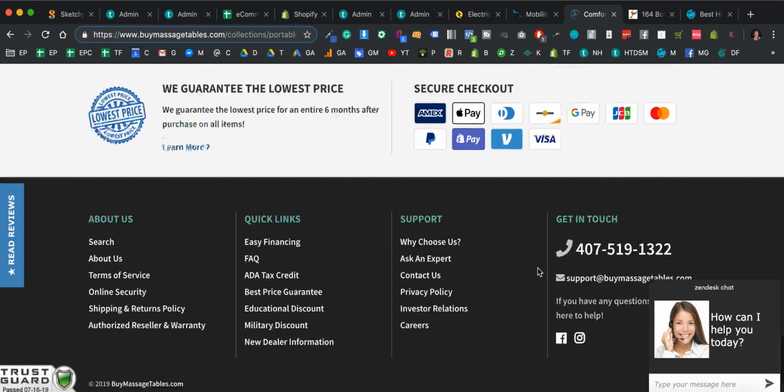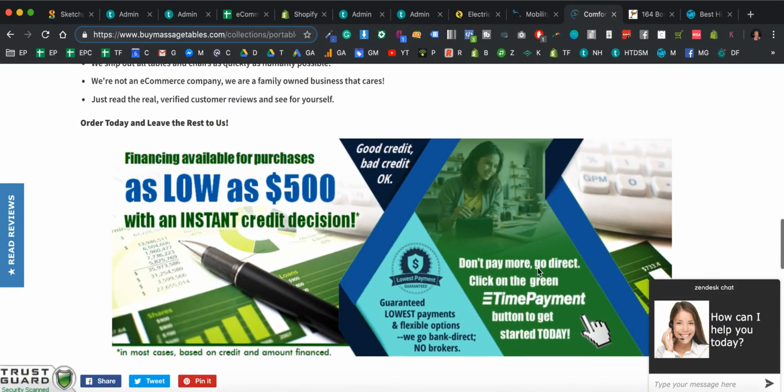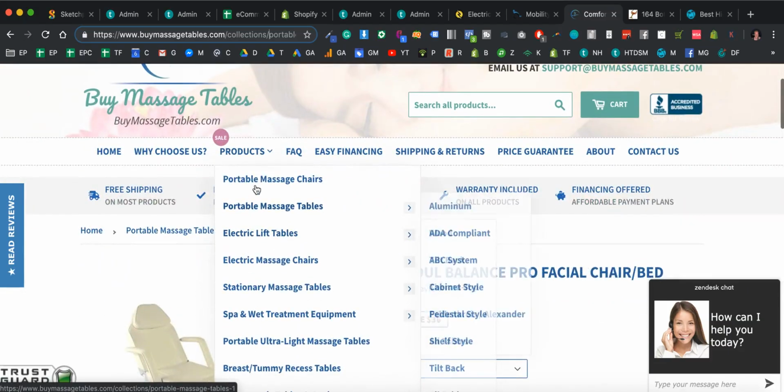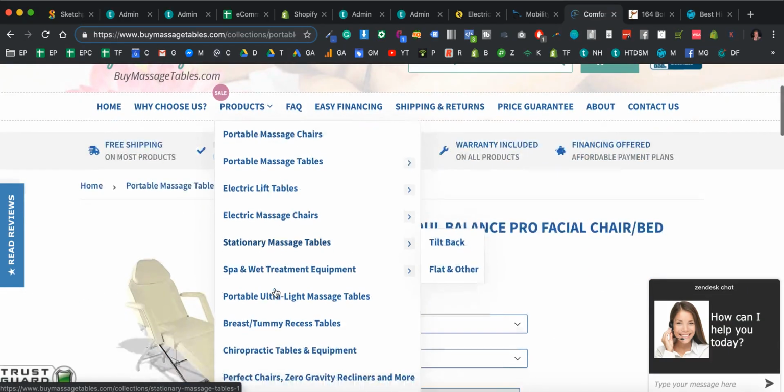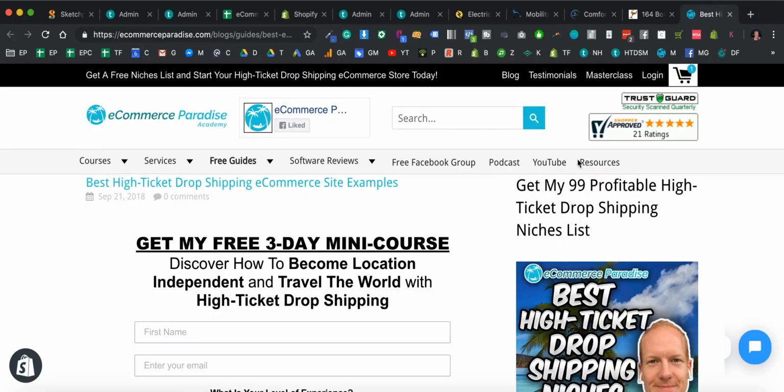You want to find really good Shopify stores, and you want to make sure it's fairly new. It's not super old. You also want to make sure it's a niche store. They're selling just one main product category with a bunch of subcategories in it. You don't want to look at stores that are broad stores. And the next article I'll show you has an example of those.